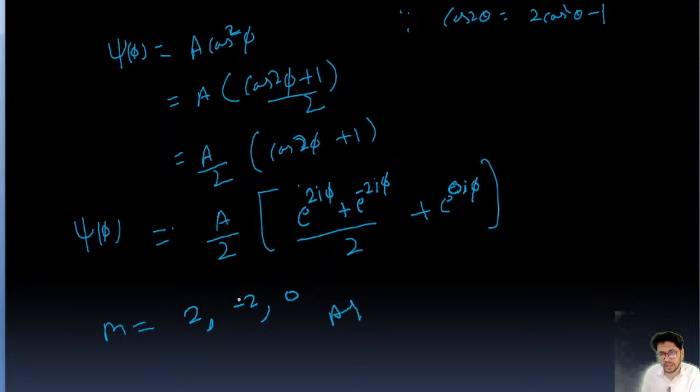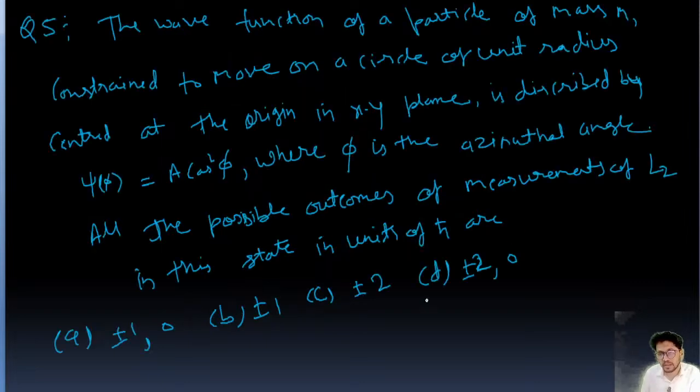Okay, these are the answers. So 2, minus 2, 0. So which option is matching, guys? D, plus minus 2, 0. Okay. Well, guys, so I'll stop here, and before